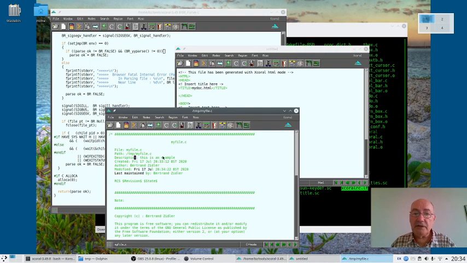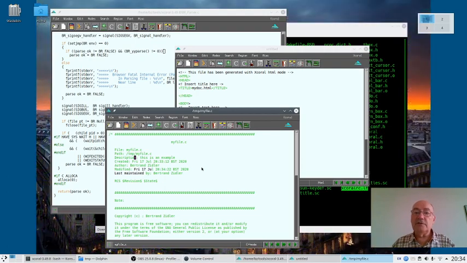The path name has also been filled correctly, and the creation time and date has not changed because it was written when we created the title, but the modified time has changed to just now because we have updated the file.